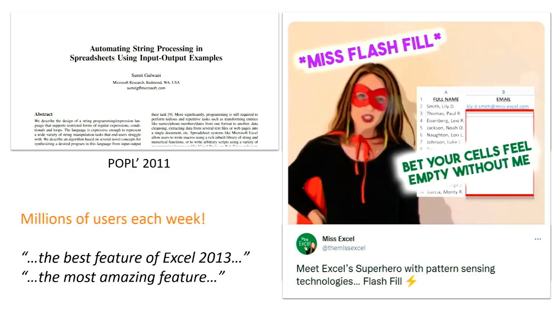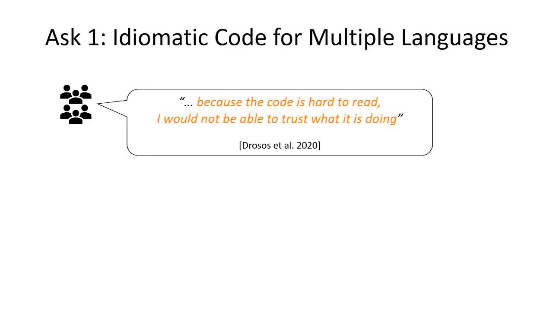So it's been 10 years since the feature came out. And over the past 10 years, our team has been getting a few repeated asks. One of them is: show me the code. Excel users are not experts, so if they see the outputs of a transformation, they're happy. But if you go to any level of expertise even one step beyond, like data scientists or business intelligence analysts, they're like, show me the code because I don't trust your